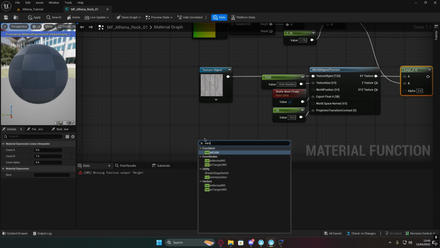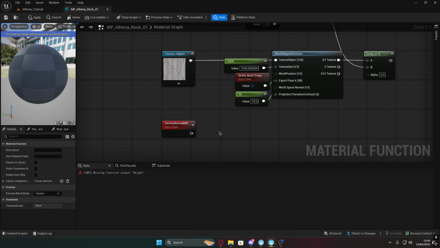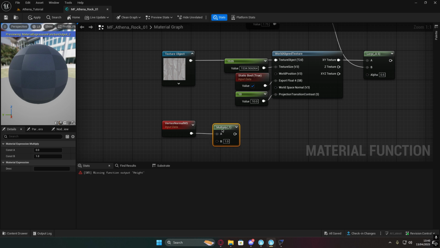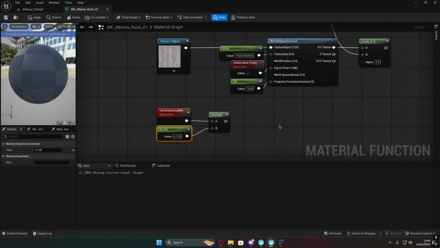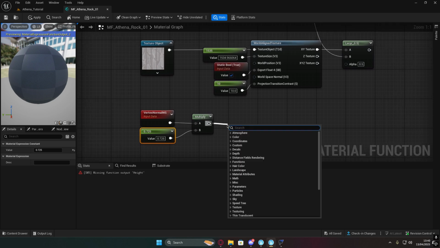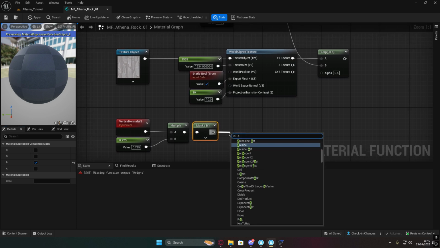vertex normal WS right here. That's going to go into a multiply with a value here of 0.725. That is then going to get a component mask here of just the blue channel. I'll change the settings here to mask B. We're going to then make that an absolute,